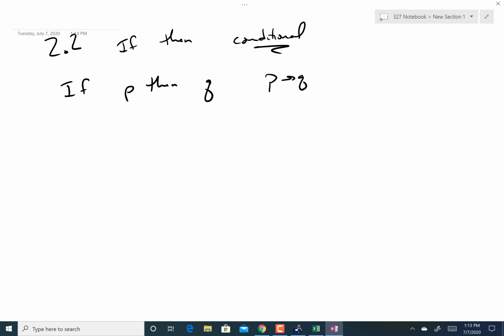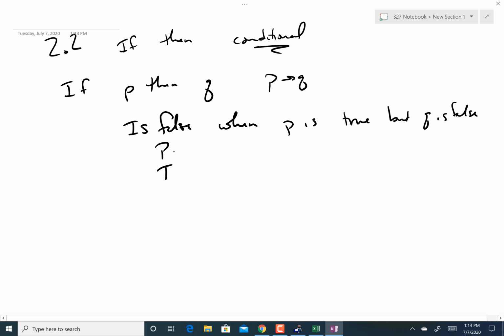So there's that. It is false when P is true and Q is false. Otherwise, it is true. Okay. Now think about that for a minute. So this is false when P is true, but Q is false. Well, why is that? Well, if you had a truth table,